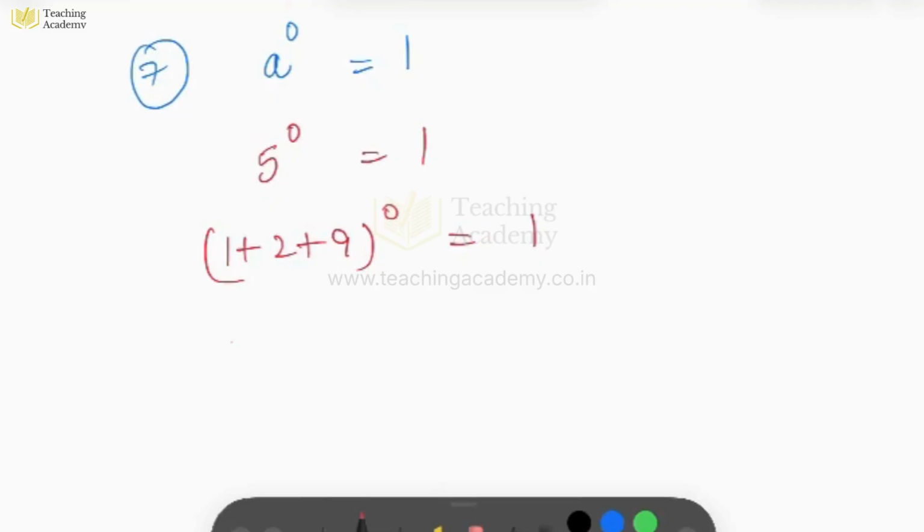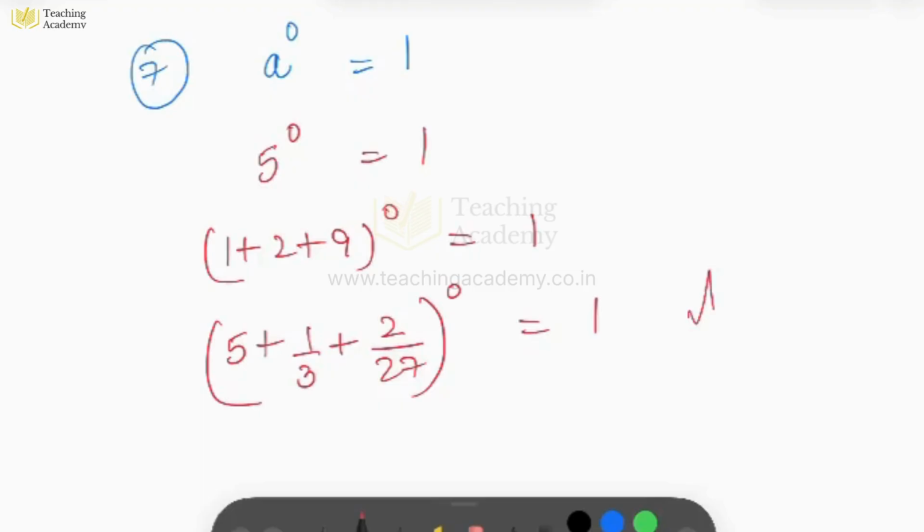If it is 5 plus 1 over 3 plus 2 over 27 to the whole power 0, that is also 1, right? We are not supposed to solve the inside part. We are not supposed to follow any BODMAS rule here. You're simply seeing that the index here is 0. So you're not supposed to take any chance, right? You can leave your answer here, right? Nobody is going to question you in that. This is the full and final answer here,